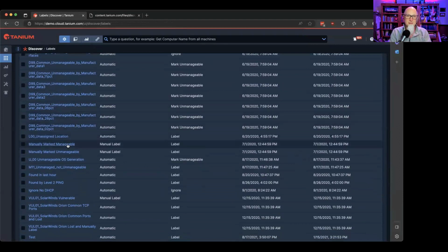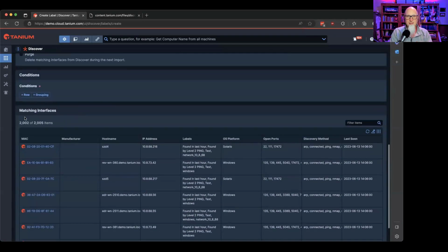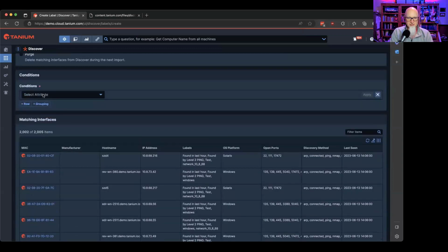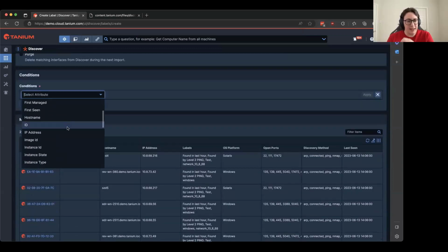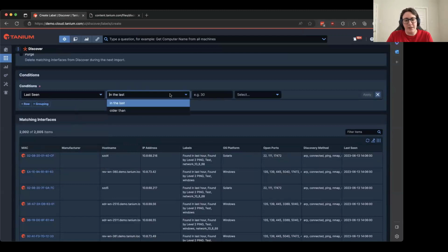So for an example, you have a corporate lobby where vendors are coming into the company. I've been one of those vendors, right? I show up on your network as a guest. I'm there for a presentation, and I'm not back for 6 months. You don't need the IP address of my iPhone or my other device on your inventory, really. Yep. And in that case, you could do something like last seen, I don't know, 1 day or older than 1